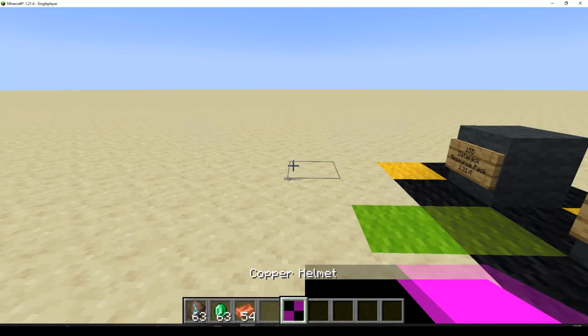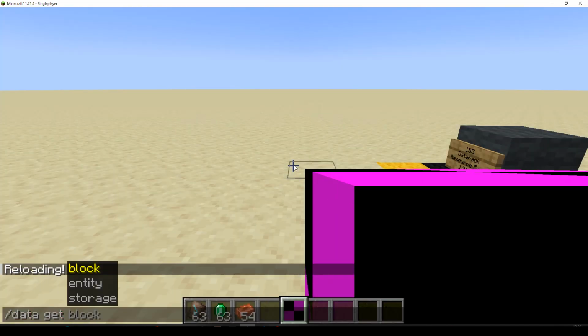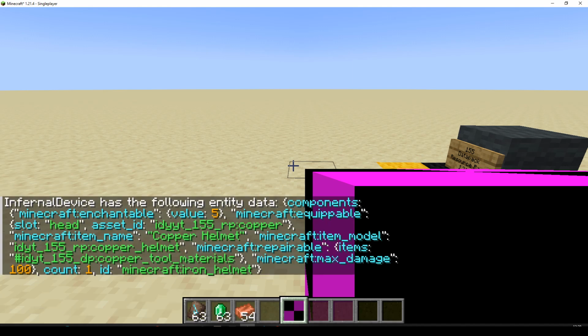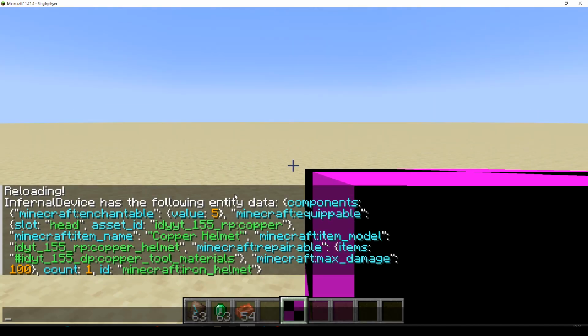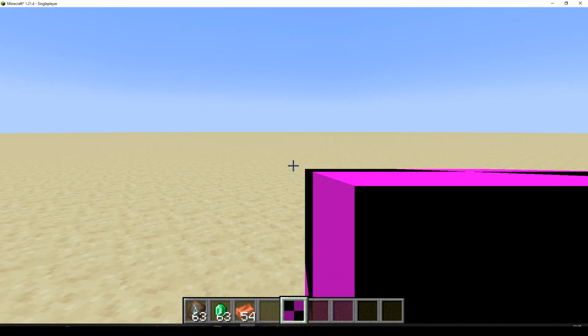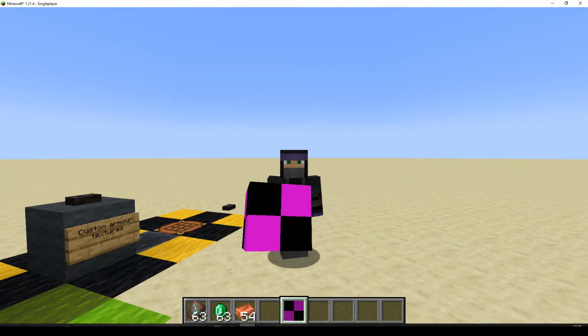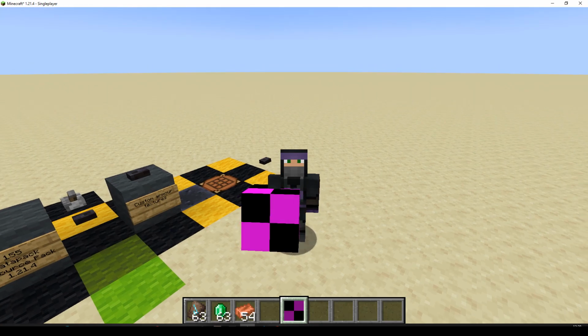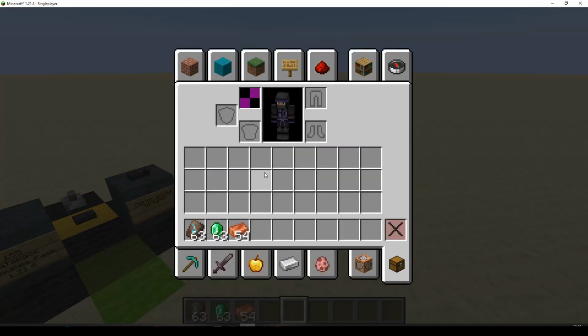It's called copper helmet. Let's do a data get from entity little old me selected item. All capital I. Okay. So that seems good so far. Obviously, we've got a couple of problems. The item is not rendering properly. As it looks when I'm holding it, that's a big helmet. As it looks when I'm holding it is completely wrong, and as it looks in the item bar is completely wrong. So that is the item texture is not working. And if we put it on our head,